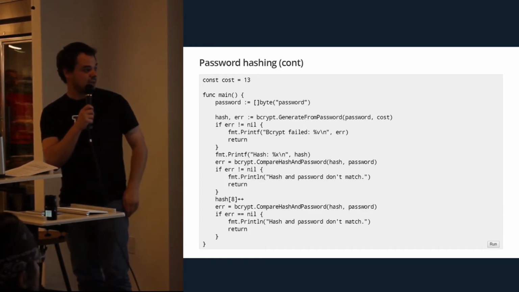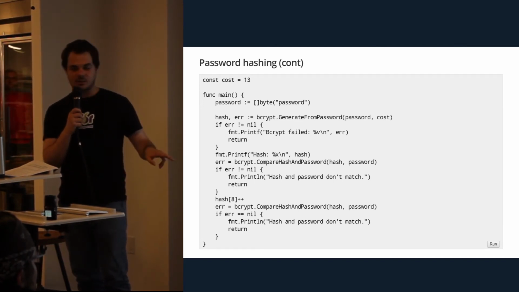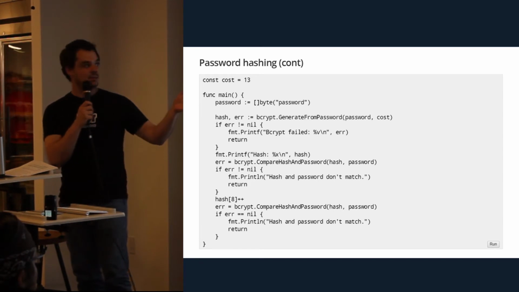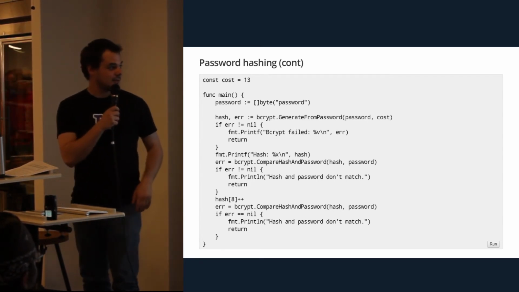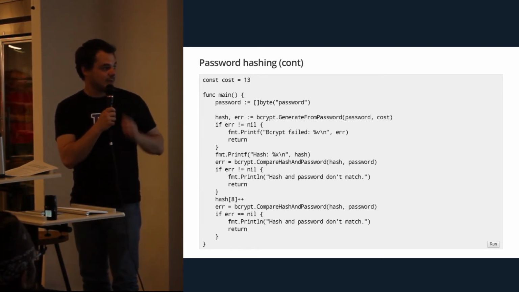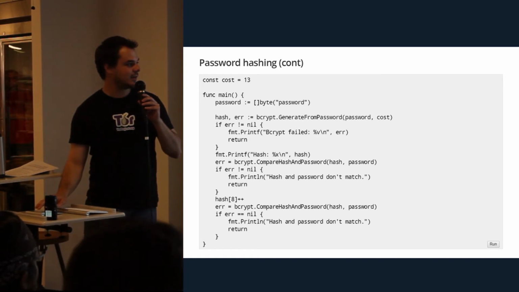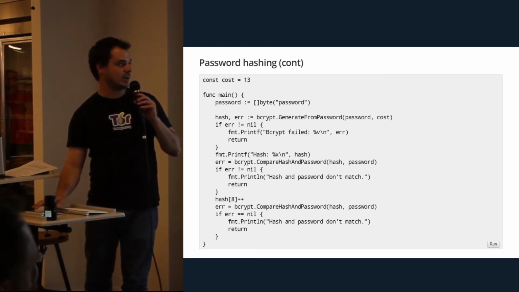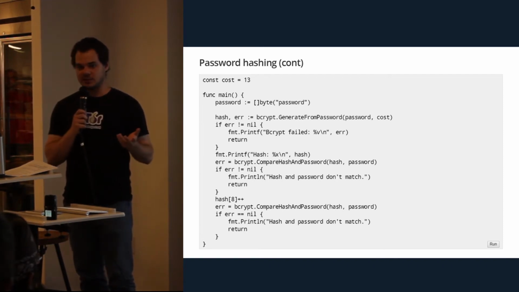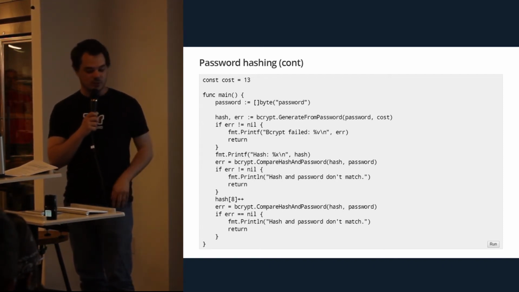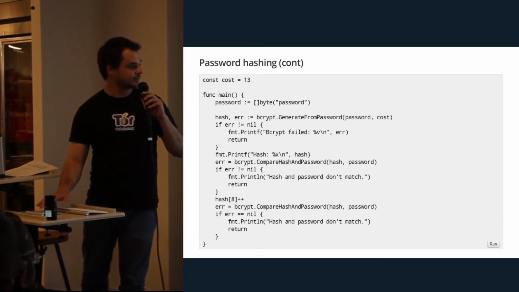So here is password hashing. This actually won't run. There's two examples that are based on scrypt and one on bcrypt that won't run on this app engine thing, so I can't prove to you how cool it is. But you can see here it's pretty simple. I have a cleverly chosen password, and we just call generate from password with a cost function. And if you read the docs, it'll tell you what good cost functions to use are. So read up your docs before you go throwing this in your code.